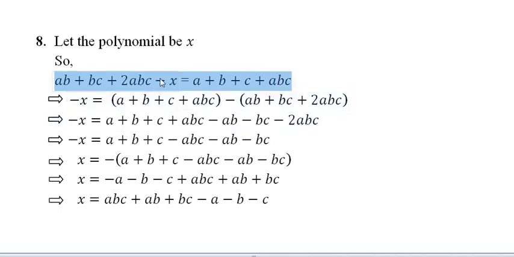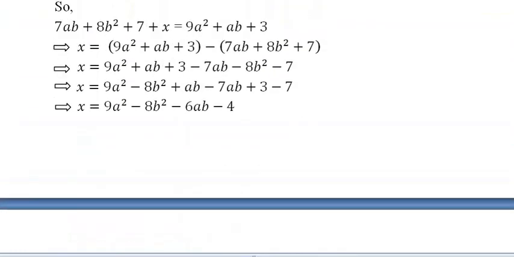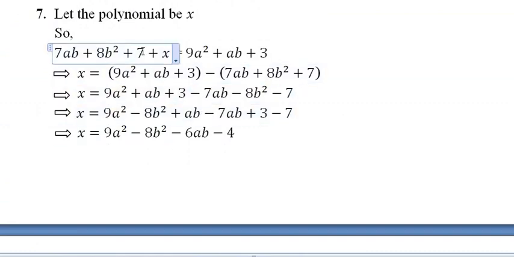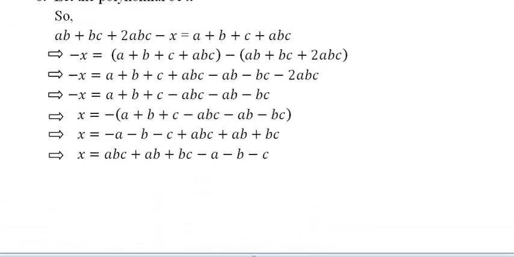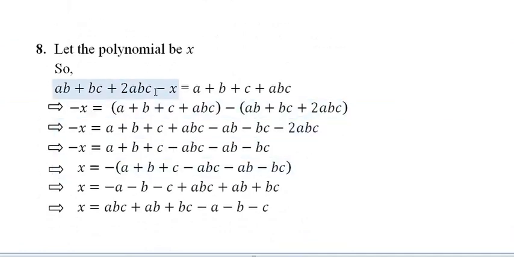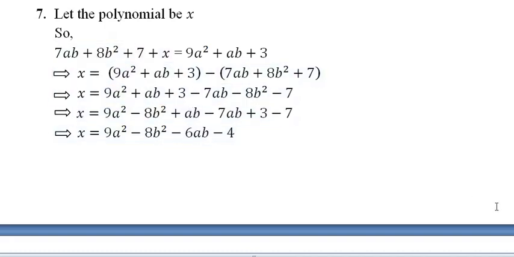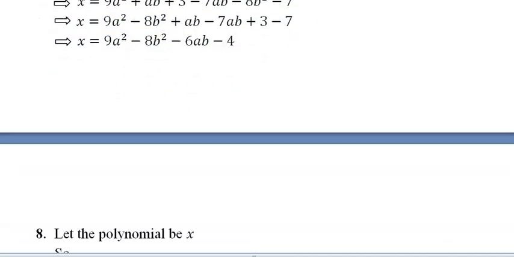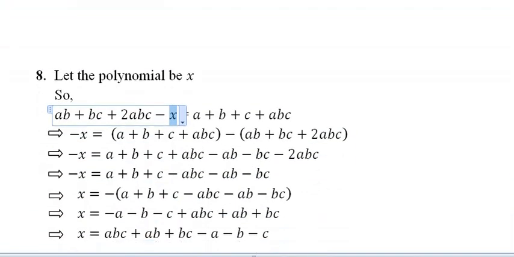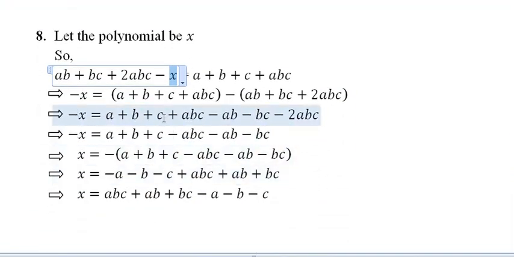Okay, so here what you will do is move the entire expression towards the other side of the equals to. Now why are we moving, if you ask me? In question number 7 also we moved this entire expression, and in question number 8 also we are moving this entire expression. Why? Because we want to find the missing term. We want to find the value of x out here. That's why we have to keep whatever we have to find, that is the x, the missing term, towards the left hand side. Okay, it will be easy for us.